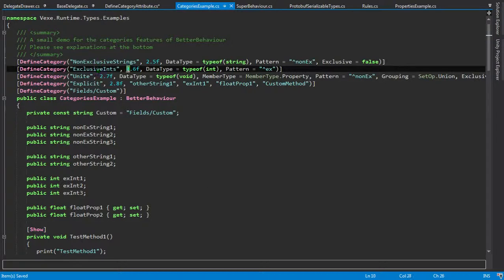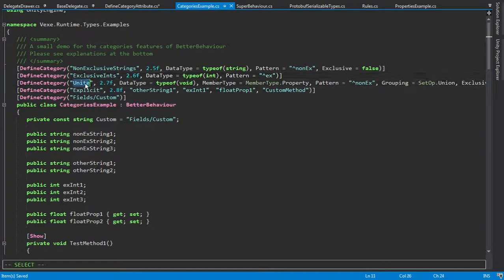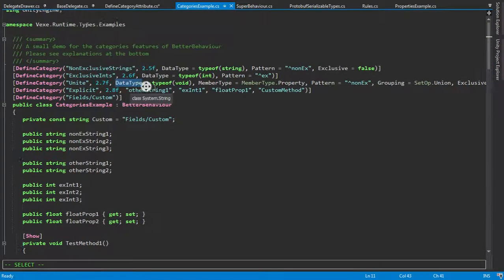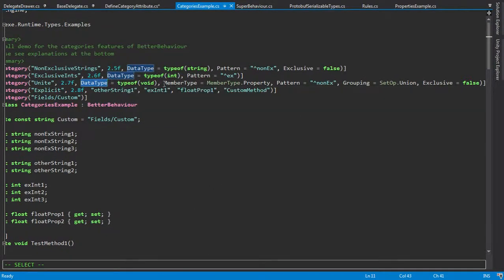So here is another category, data type int and a pattern of ex. Now notice I didn't have to pass exclusive equals true because it's a category, so it's exclusive by default. Okay, so another category, data type void and member type